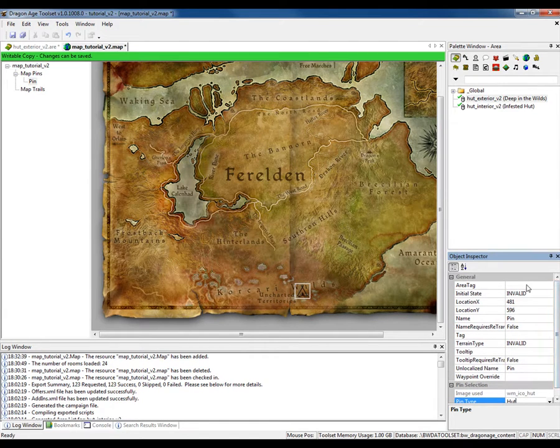Now area tag is going to be where the starting location is for our player character when he loads up our module, which is hut exterior version 2. So we're going to put that into the area tag. Waypoint override is the starting waypoint, which we have as start. Let's give it the name from pin. Let's put Deep in the Wilds